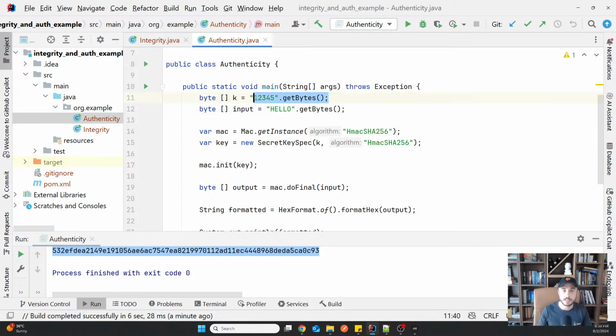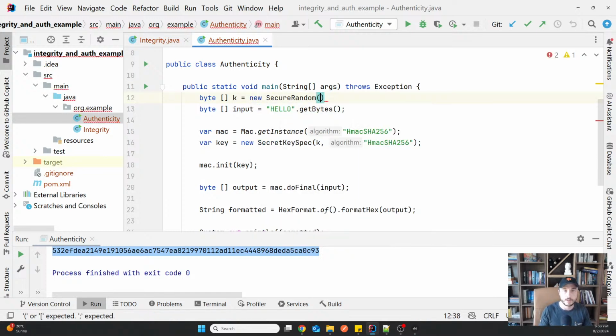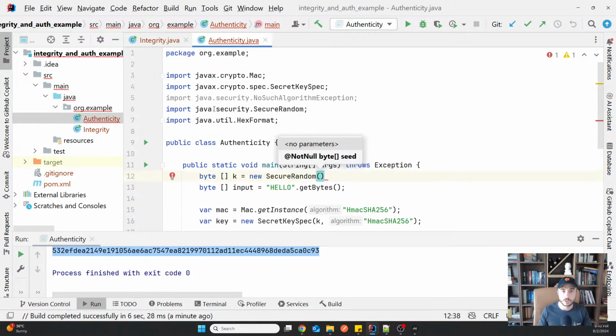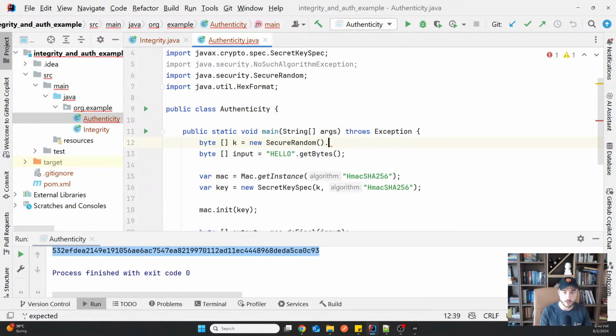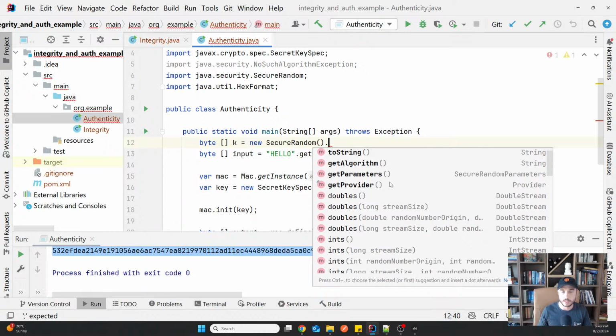Now remember that the key should be generated properly, and for the key generation, I recommend you use the SecureRandom class. So don't use the Java util Random class or any other kind of random generation capability. Use a capability that offers you the guarantee of true randomness through the system entropy. SecureRandom from the Java security package is a good choice here, and you can usually easily generate